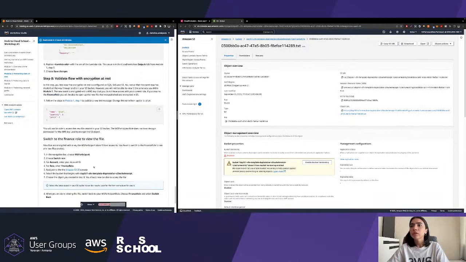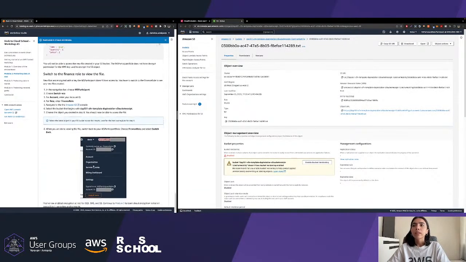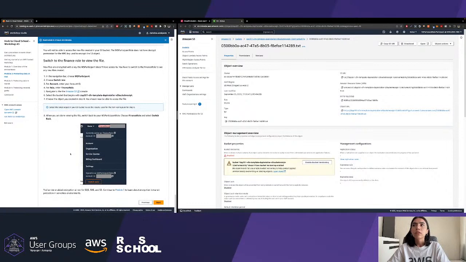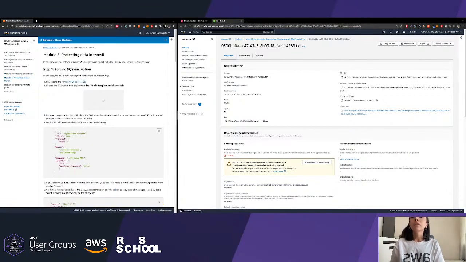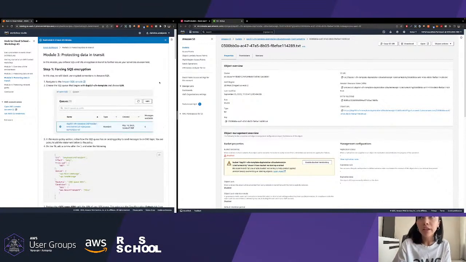Okay, so let's see what we need to do further. Ladies and gentlemen, we finished module 2. So we applied data protection at rest. Saying at rest, we mean when data isn't moving anywhere, isn't transmitted, so it is in persistent form. Okay, just go ahead and hit the next button and we come to the data protection in transit.